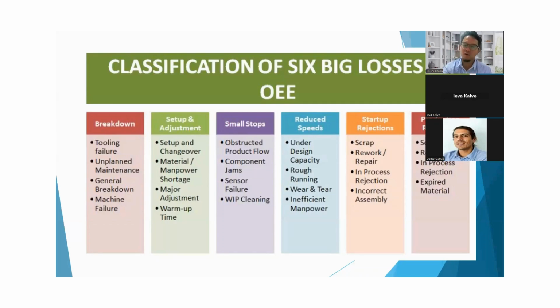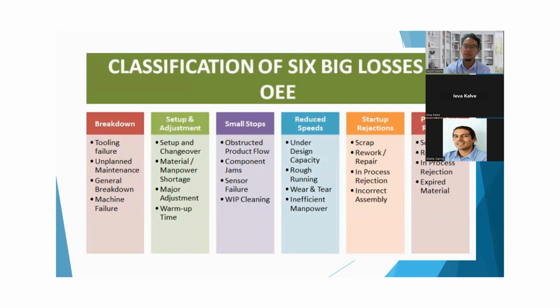Yeah, this is a bit more detail on the events that happen during the production. We can use this as a base of data collection. Let's say you have a 5 minute breakdown in your machine, and then you can capture it in a bit more detail in terms of how you want to capture. In the breakdown, on the left side, you can see tooling failure,